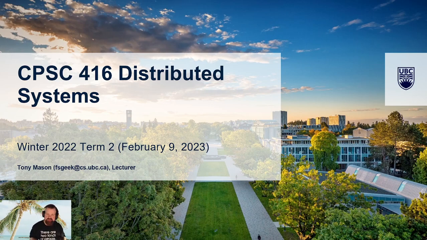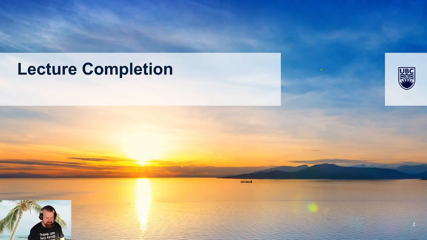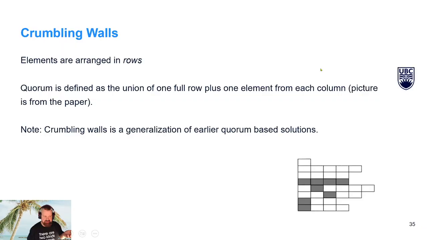The discussion is about distributed consensus, and what I left off at was, I had just finished talking about quorum consensus, and then I went to discuss this interesting work that was done in the 90s around what they called crumbling walls. The picture is actually lifted directly from the paper. And in the paper, their point, and this is what's really interesting about this, is that they organize the nodes in their system